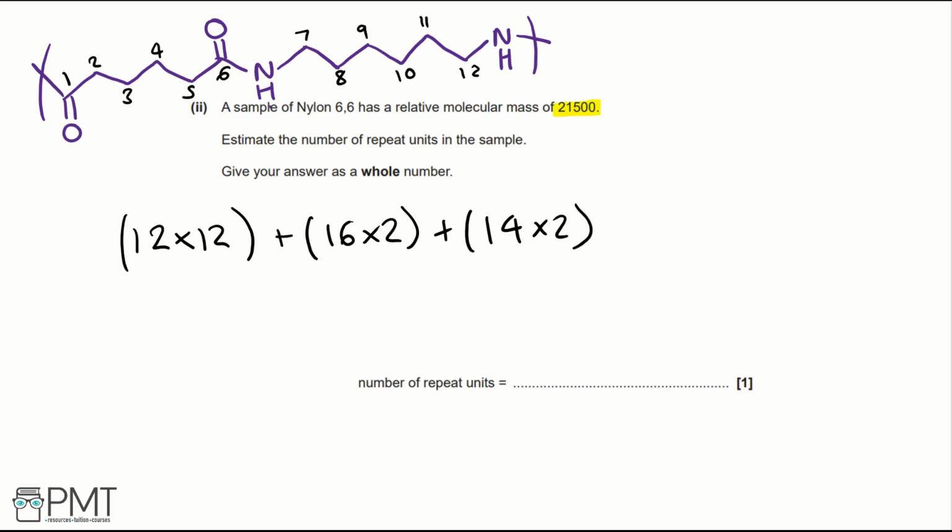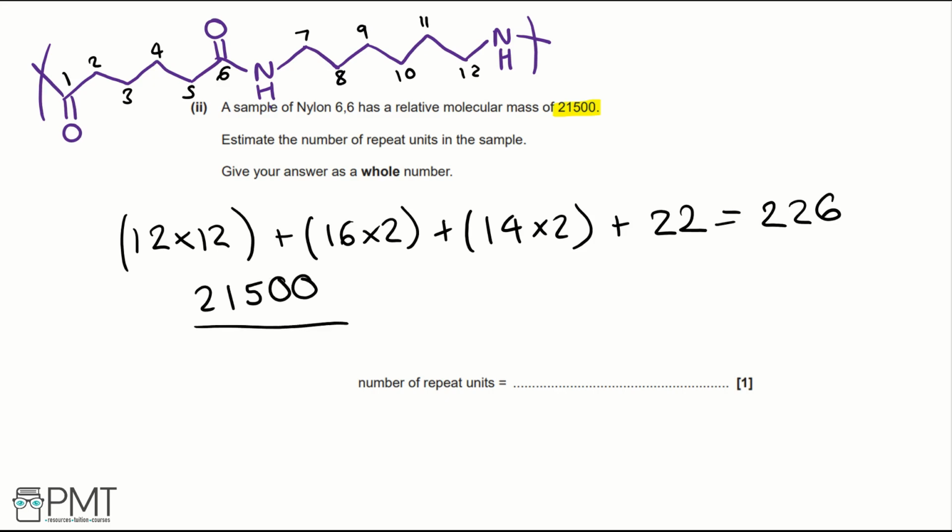And then we need to count the number of hydrogens. And when we count them, there are 22. This gives us a relative molecular mass of 226. So we can take our 21,500, divide it by 226, which gives us